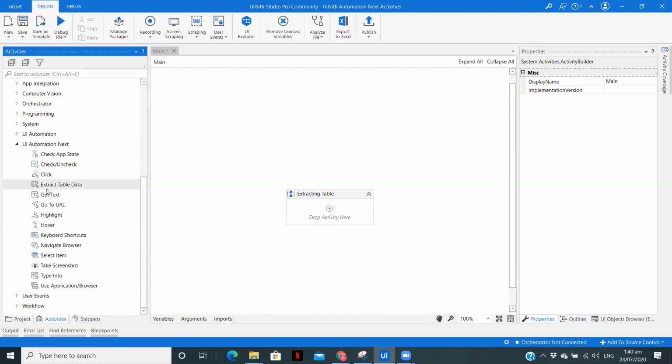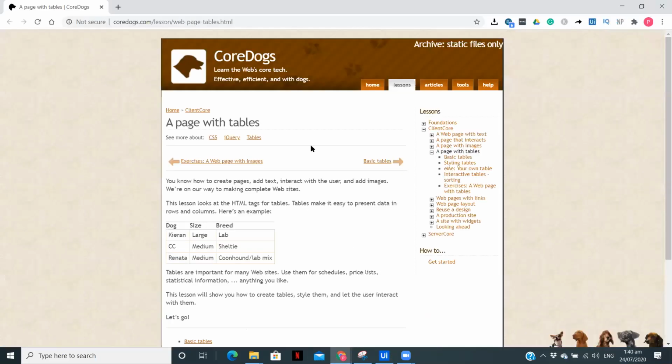So if you find a table on a particular website or a particular web page or anywhere, and you want to extract that complete data, and you wanted to save it and maybe write it into an Excel file or somewhere else, whatever your use case or your application can be, we'll see how we can use that. So let's get started.